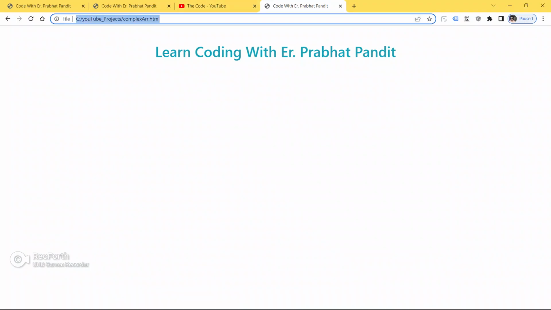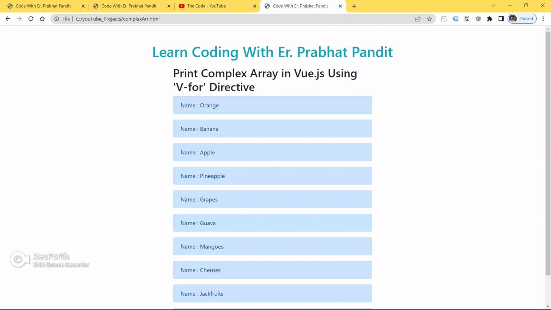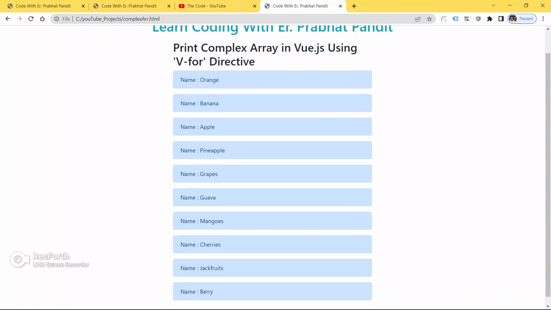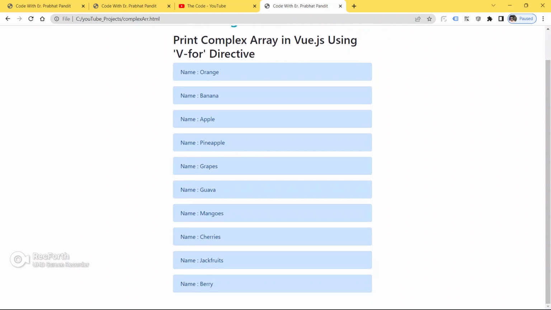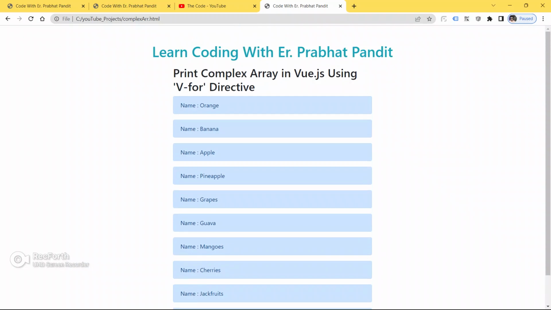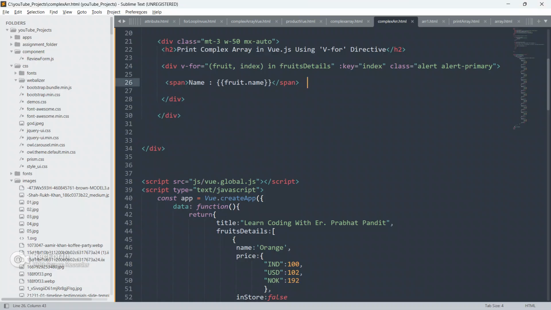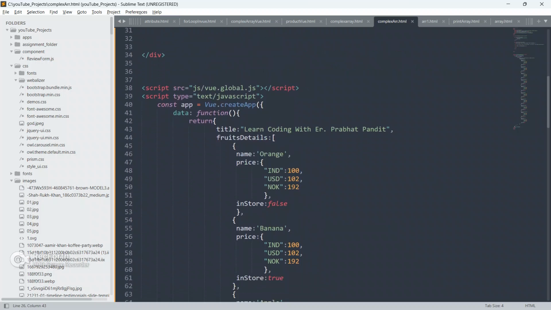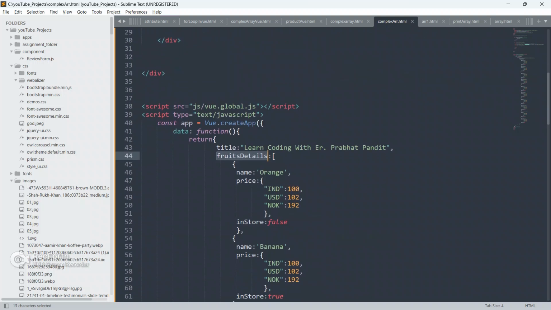Okay, so now save your code, go to the browser and refresh your page. See, we got our names guys as orange, banana, apple, pineapple, grapes, guava, mangoes, cherries, jackfruits and berry. Okay, so always remember guys, v-for will work like for...in of JavaScript.